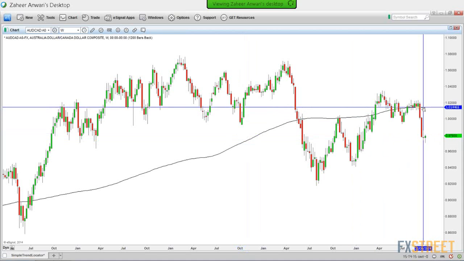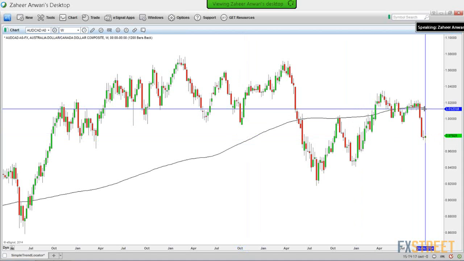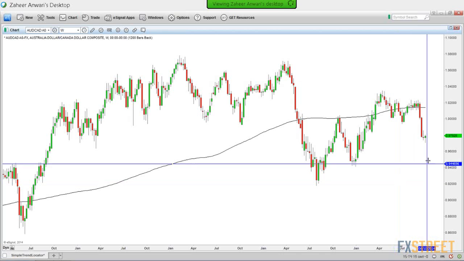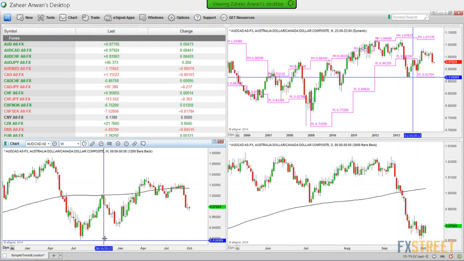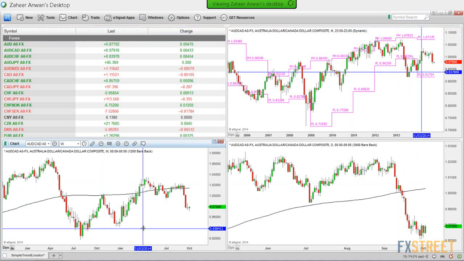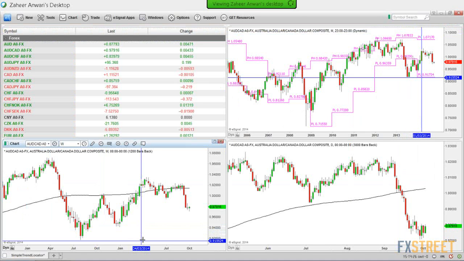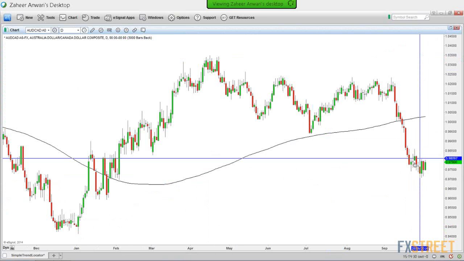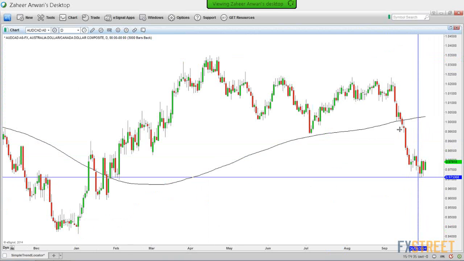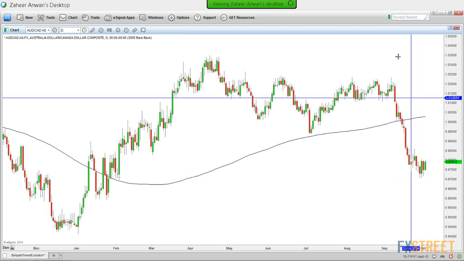So nothing to really be worried about. This is an area of resistance. And the next major area of support will be that pivot level around there, potentially that pivot level here, certainly that pivot level here. And if we go to the daily 200 moving average, what we've got is price trading below the daily 200 moving average. So everything in terms of the monthly, the weekly, and daily, what we've got is price in alignment here with space to move